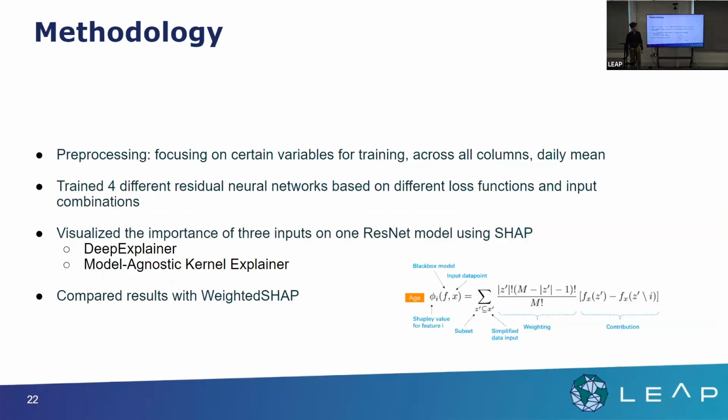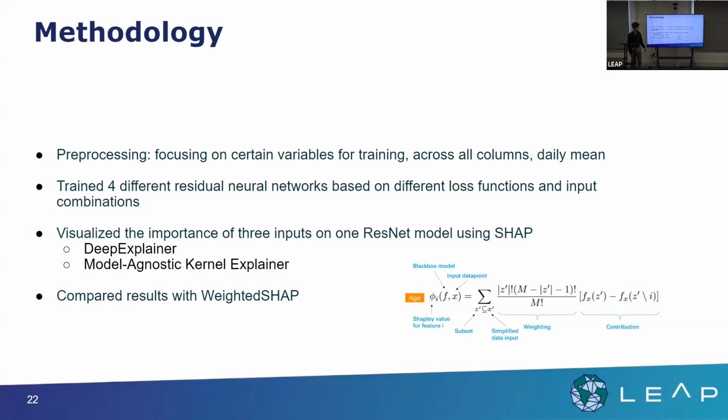So the methodology consisted of first pre-processing, focusing on certain variables for training, slicing the data set along those variables. We looked at all columns, like latitude and longitude, as well as taking the daily mean of the data so that we don't have too many data points. We trained 4 different residual neural networks, or ResNets, based on different loss functions and input combinations. And we visualized the importance of 3 inputs on 1 ResNet model using Shapley